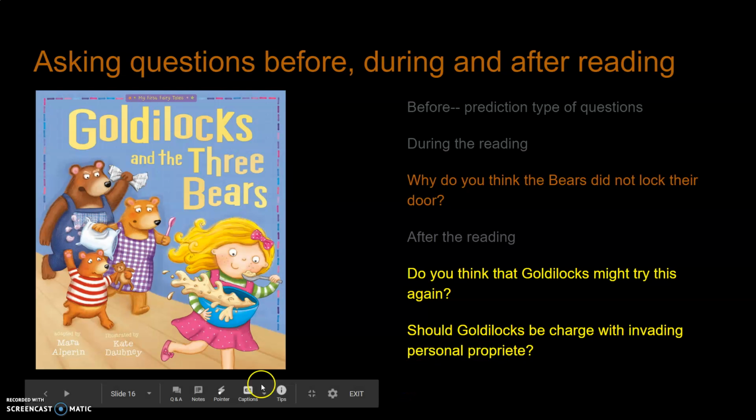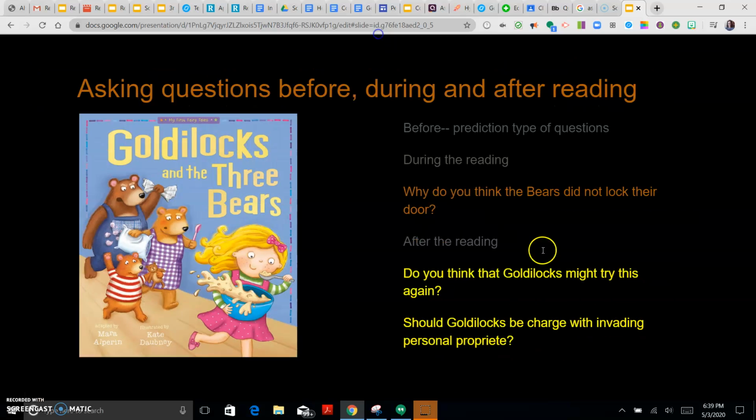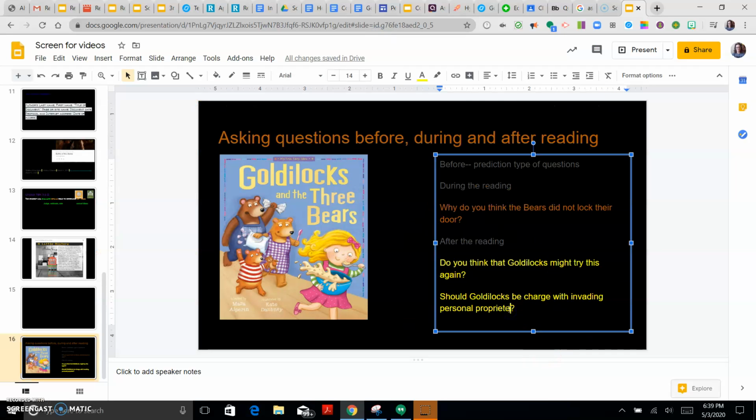So, I just realized that I have a mistake right here in my spelling, so I am just going to fix it right now. Property, and be charged with invading